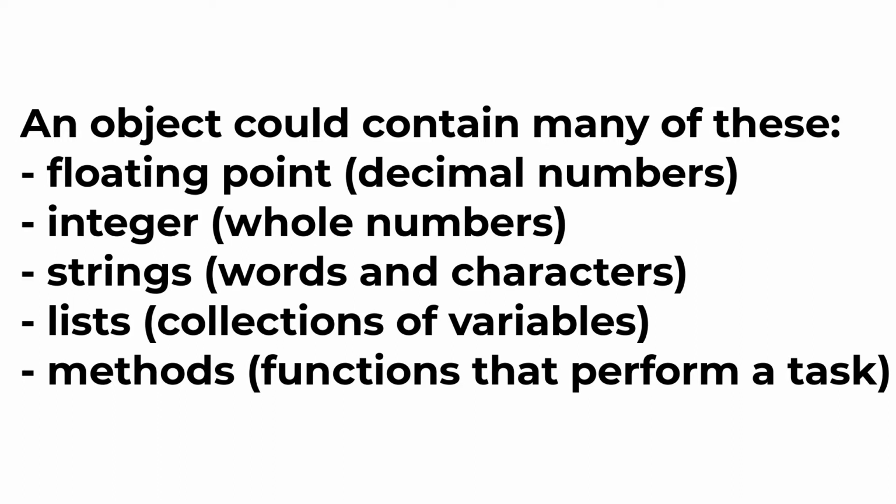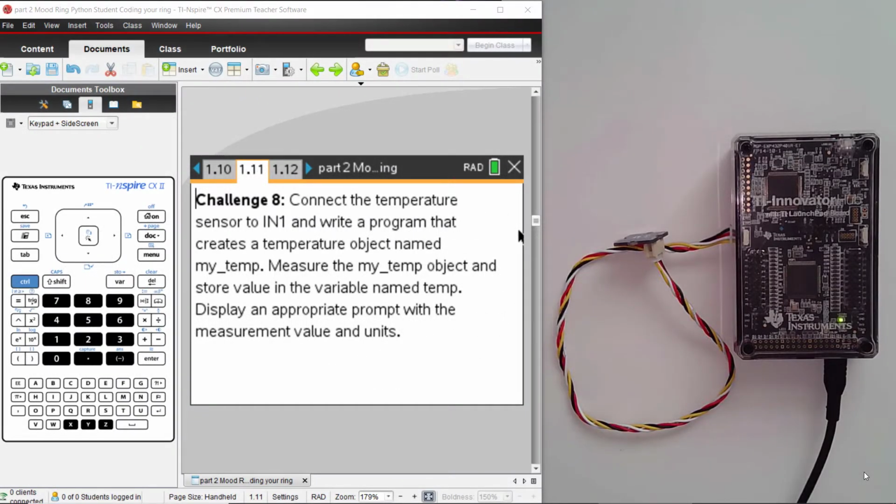Like, for example, you can have numbers that have decimals that are stored in variables. You can have numbers that don't have decimals that are stored in variables. You can have long lists of names that are stored in a list. You could actually have functions inside of that object that are called methods. And so that object is kind of a large variable that contains a number of related computer science types of things. Well, we'll talk more about objects later, but we're going to create an object and we're going to measure